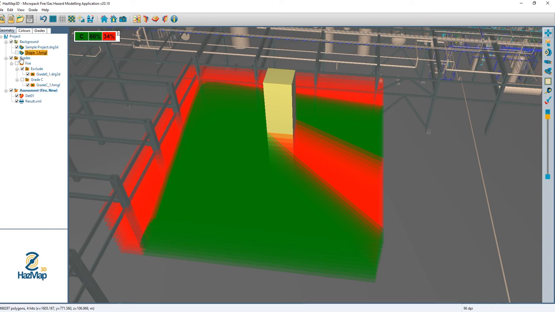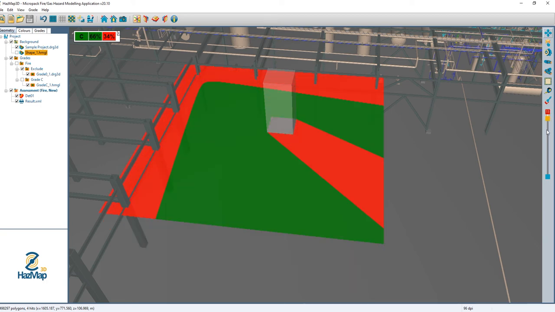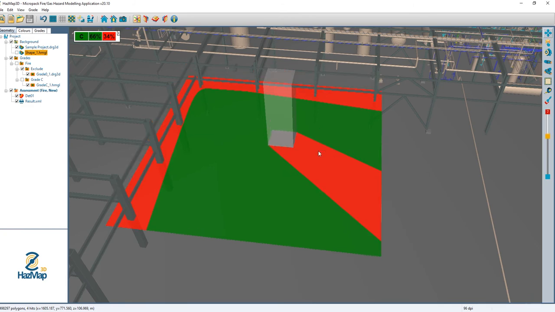And if I hide it, I can see that ghostly excluded volume, and I can also see the gap in my assessment layer where I've excluded that, so that's no longer being assessed by the computer for the purpose of the assessment. Now if I turn off the grade exclusion